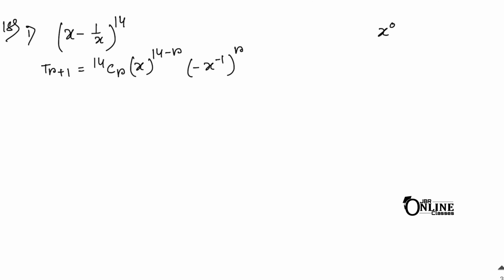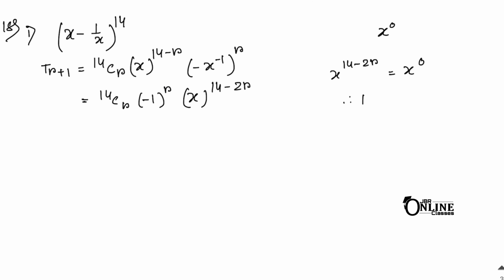Now you can write this as 14cr, then minus 1 to the power r, and x to the power 14 minus 2r. Now that x to the power 14 minus 2r will be equal to x to the power 0. So 14 minus 2r equals 0, and from that